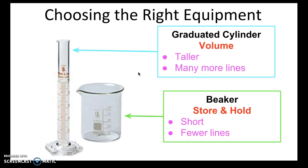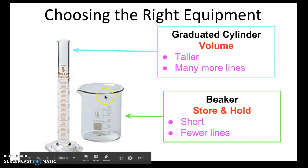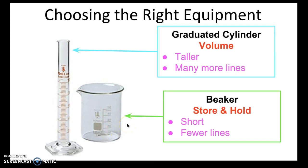Now we're going to talk about the graduated cylinder. A common piece of lab equipment that gets confused with the graduated cylinder is the beaker. So what are the differences? You'll notice that the graduated cylinder is taller and the beaker is sort of shorter and has fewer lines. And the reason for that is that a beaker, although it has these volume markings, so it can be a bit confusing, you don't really use a beaker to measure volume